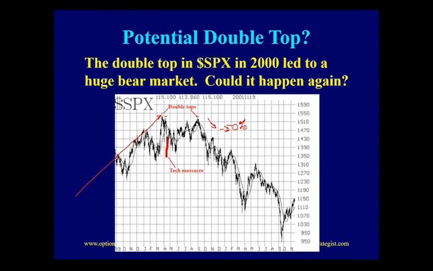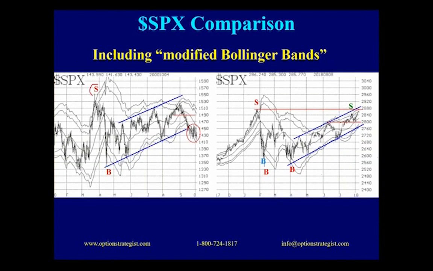So could that be the case again? Well, let's see. We can't just look at one chart and say, oh yeah, that could be. I mean, it could be, but let's take a look. First of all, what did the S&P chart look like? So back here, the S&P chart closer up, there was a modified Bollinger Band sell signal, and then a buy signal, and then this uptrending channel again, higher lows and higher highs,